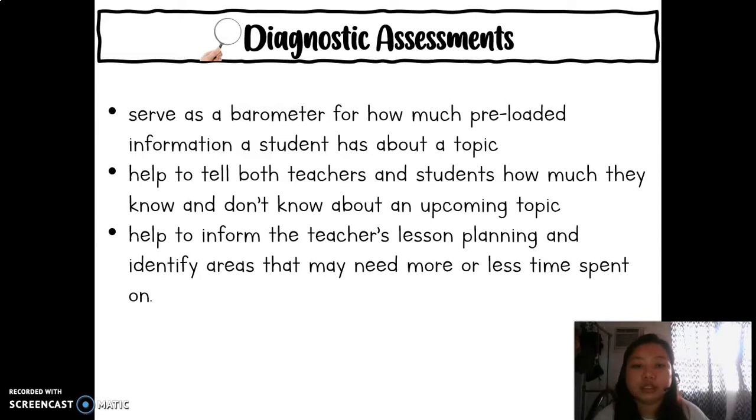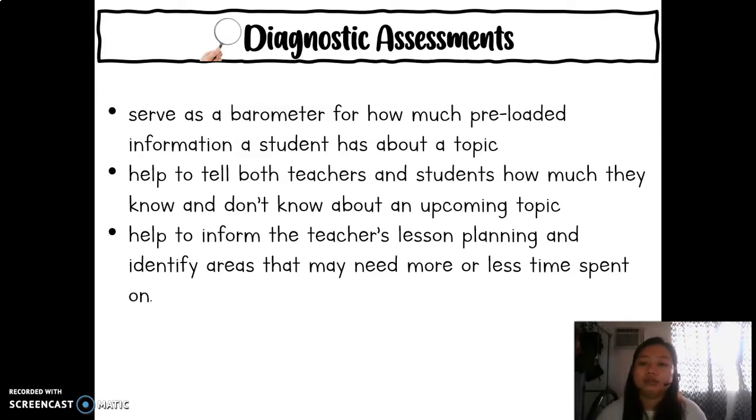So it's good, I recommend that you conduct a diagnostic assessment because subject-verb agreement has been discussed since grade school pa nga eh. So it would really help you para makita mo kung anong areas pa ba about subject-verb agreement na kailangan mong i-focus on as you go along with the unit or the discussion. Two,